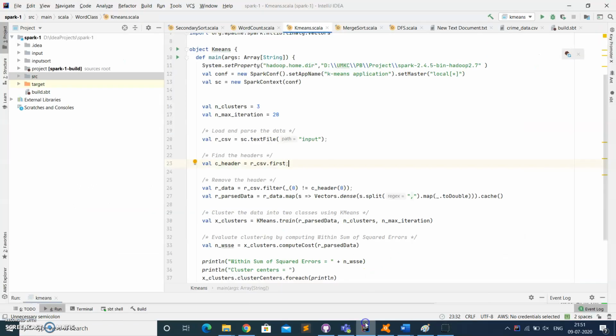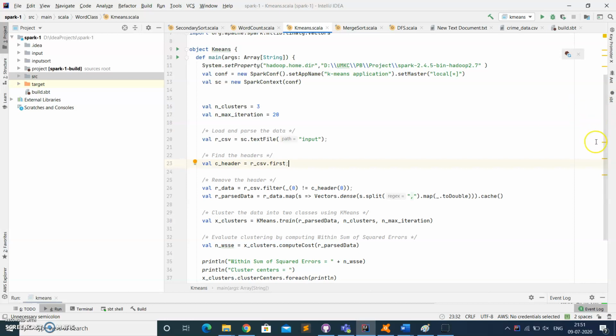Welcome to the BDP ICP number 9. Here the main objectives are three things. First thing is identifying the clusters with the help of K-means algorithm, and the second one is how to sort an array with the help of merge sort, and third one is identifying the graph path using DFS.